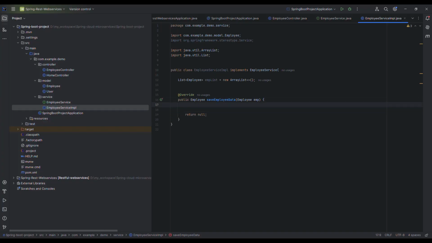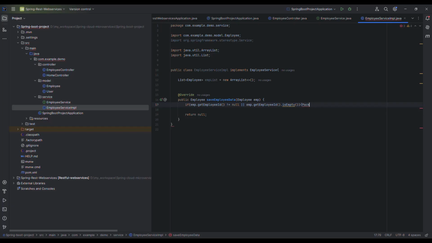Before that I'll do a small business logic check: if emp.getEmployeeId is not equal to null, or emp.getEmployeeId is empty,